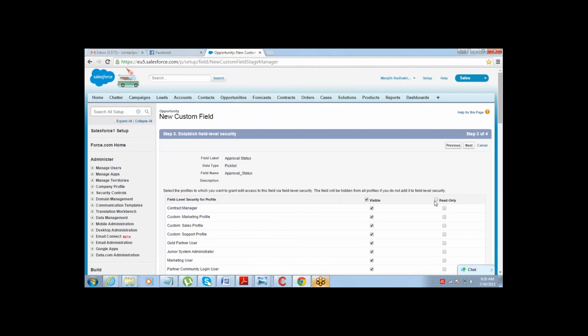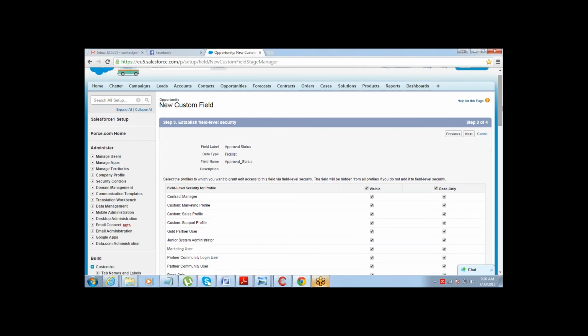Now this field, I'll make it a read-only field. Why am I making it a read-only field? Because I don't want anyone to manually change the field values. It's something which needs to be controlled through my approval process and not manually, right? So if I have rejected something, let's say I'm the approver and Ajinkya has submitted something for approval, and if I've rejected it, he should not have that option to edit that field.